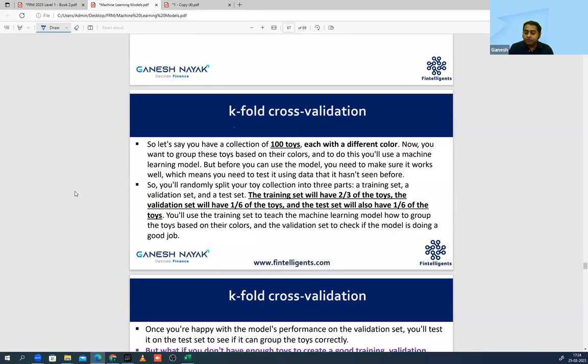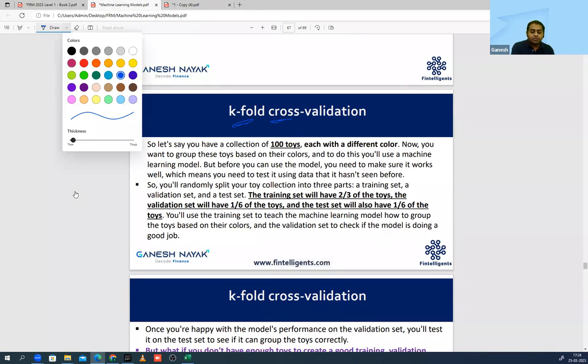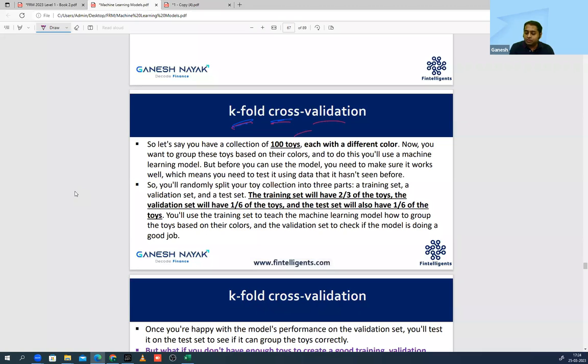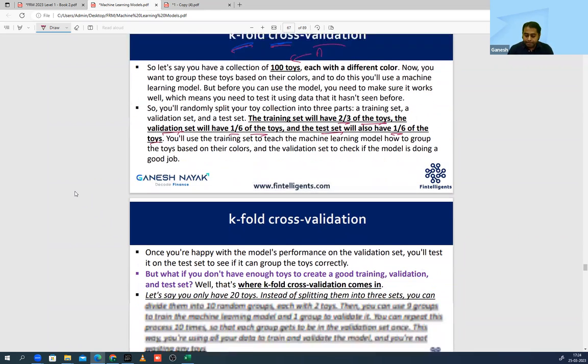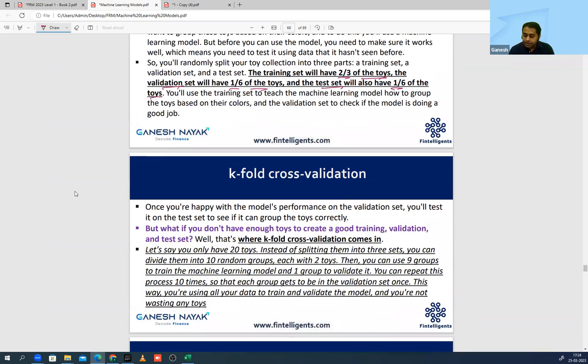Okay, almost similar but थोड़ा सा you'll get a good understanding. Why are we using K-fold cross validation? Suppose I have 100 toys. 100 toys over means N. If the data is very big, you can have 2/3 of the toys as training, 1/6 of the toys as validation, 1/6 of the toys as testing, for the model to learn from it. And we will verify it. But look at this. If you do not have enough toys to do good training, validation and test sets, then you can use this K-fold validation जो हमने अभी देखा. The first approach, बराबर?